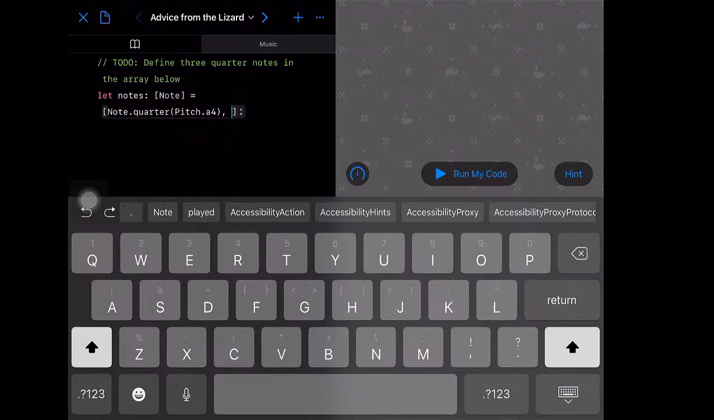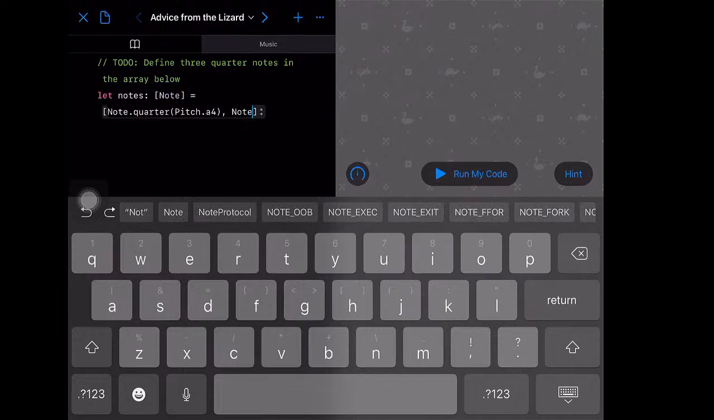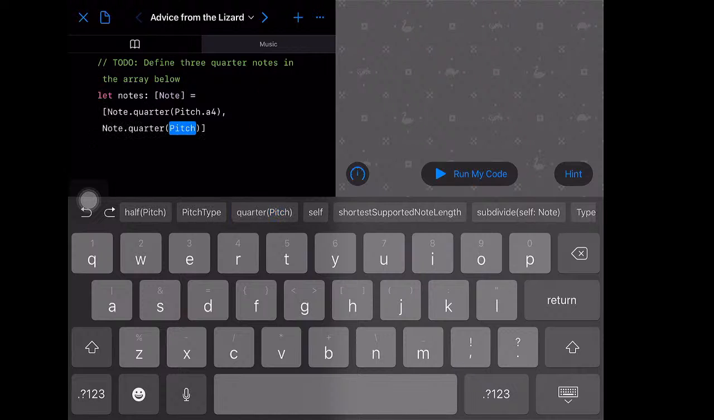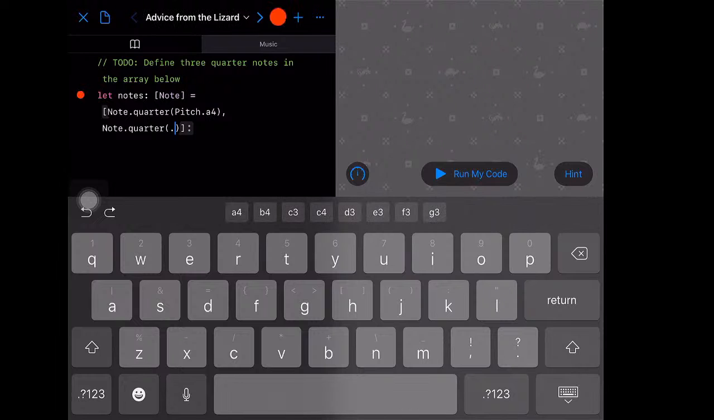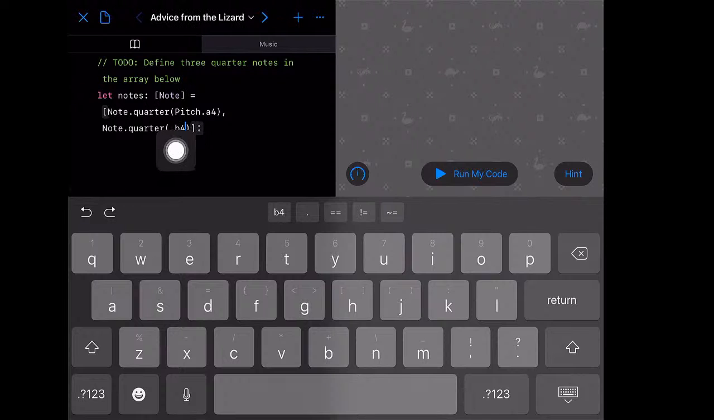Let's add another note. So we'll type in note, dot, quarter, and then the pitch we're going to use. We actually don't have to type out pitch. Swift is smart enough that it'll say, look, I know that you want to access something on pitch, so you can just use the dot, and I'll give you these autocomplete options. So I'm going to pick B4, and then I'm going to hit the end here to add another item,